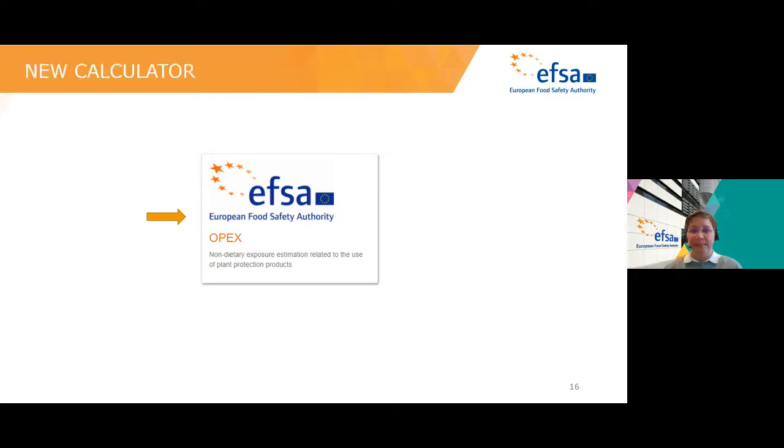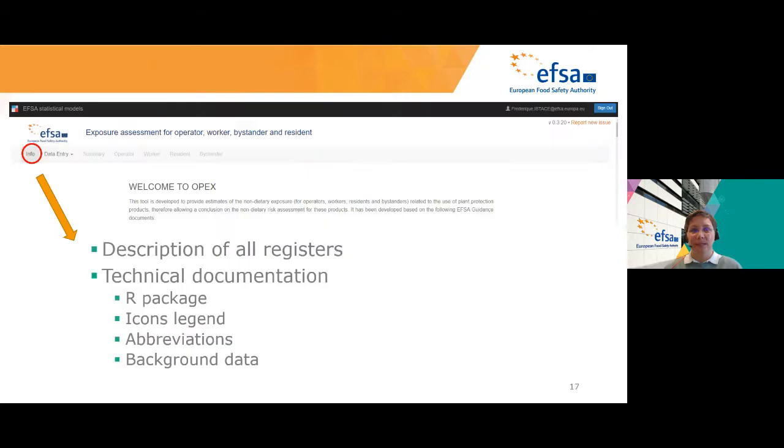In this calculator, you will see a nice toolbar with different tabs. You have the info tab, data entry tab, summary, operator, worker, resident, and bystander. And let's look at the first tab first,